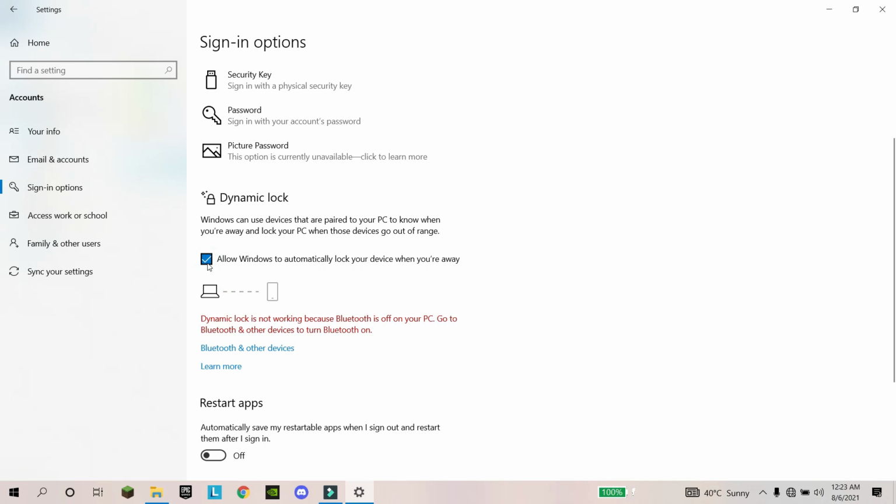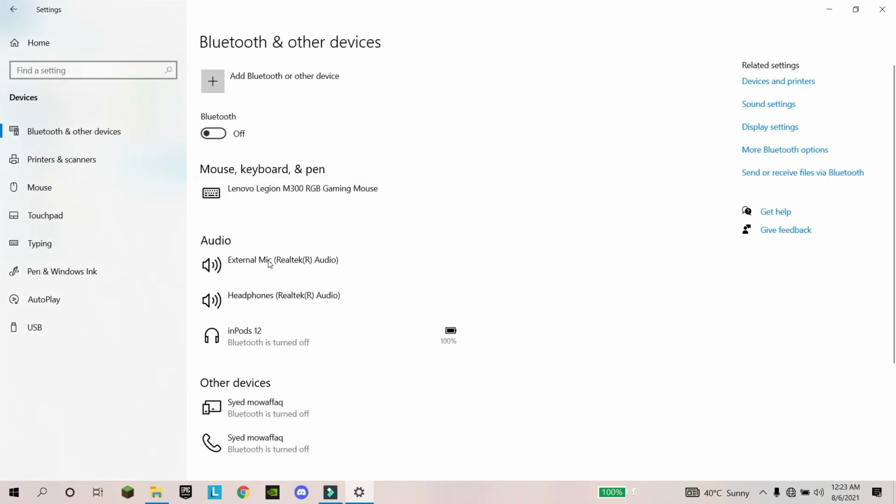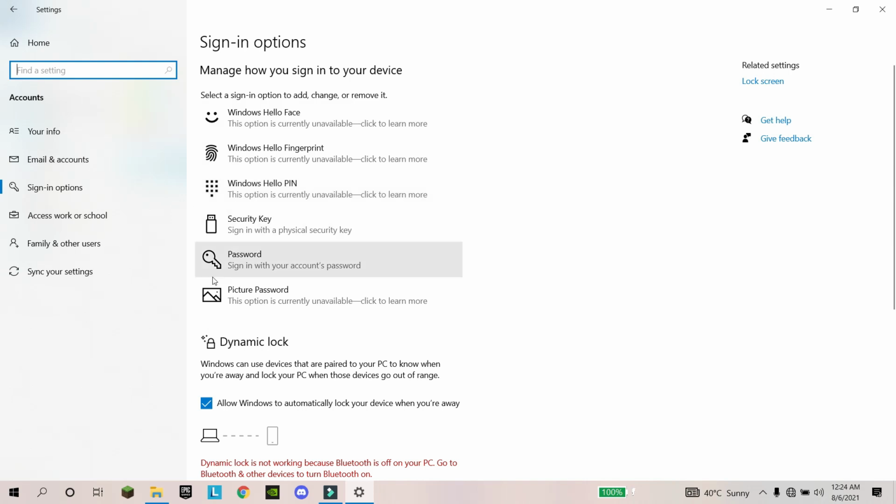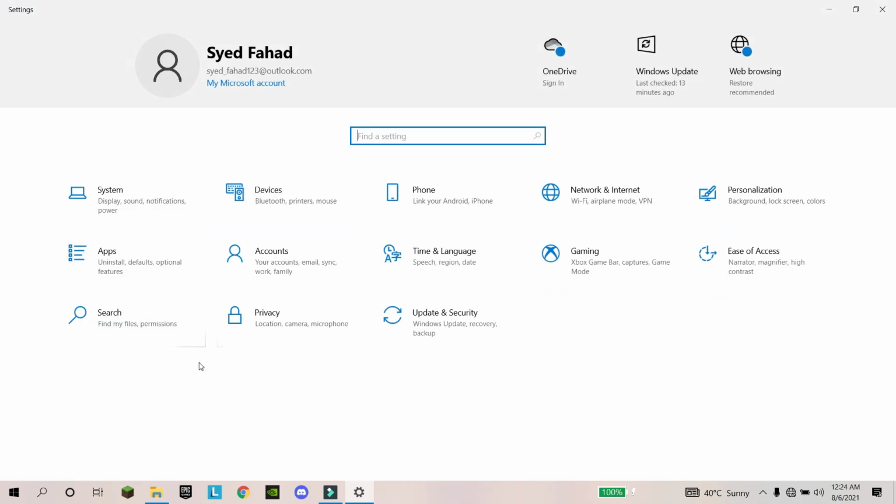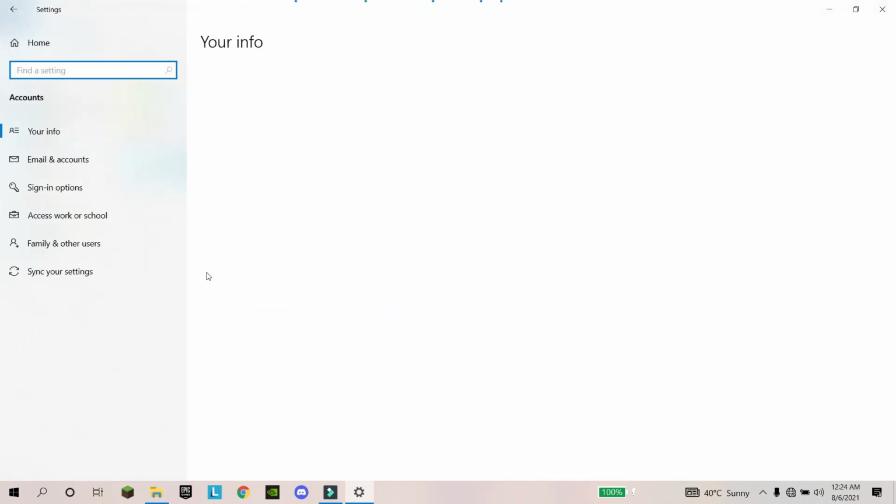you are paired to Bluetooth or whatever, and after that you click on Bluetooth and the device, and whatever you want to lock, you can lock these, or if you want to lock the whole computer, make it lock. And if you are out of range, you are not in the office, it will be automatically locked. So this is also a very good